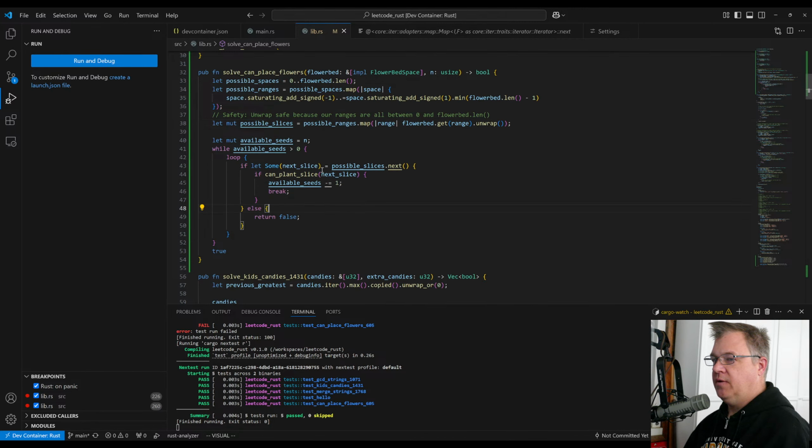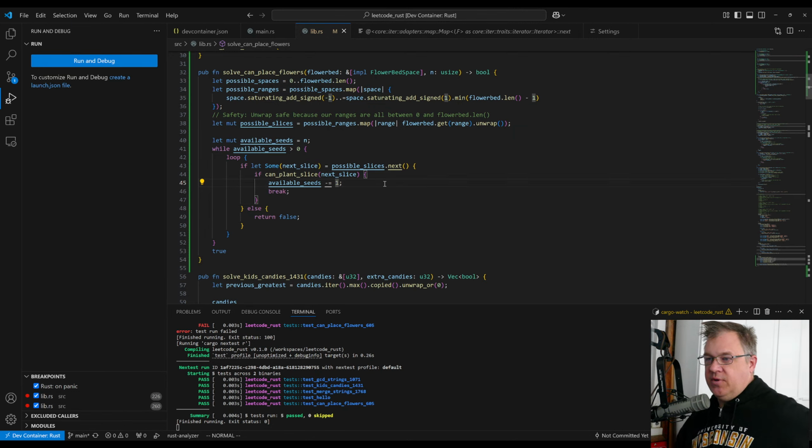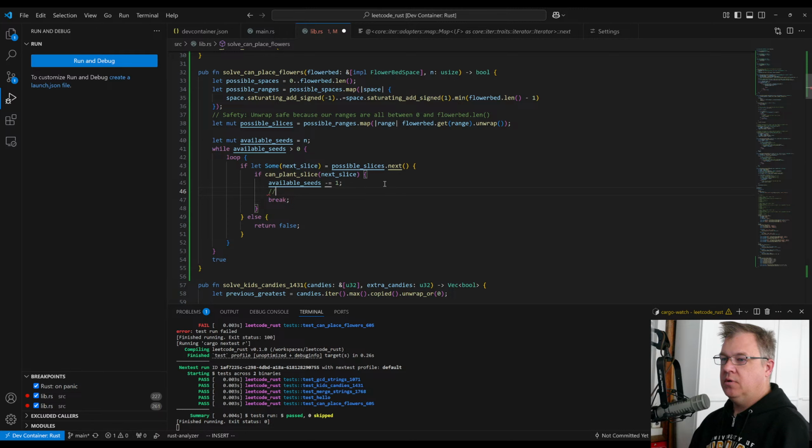And if we can plant in that slice, we actually need to grab another one. So eat the next slice because we cannot plant in this next one.